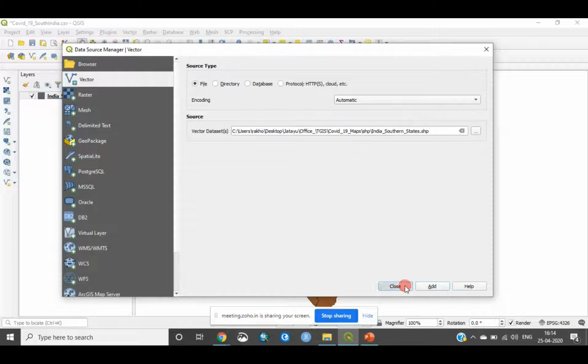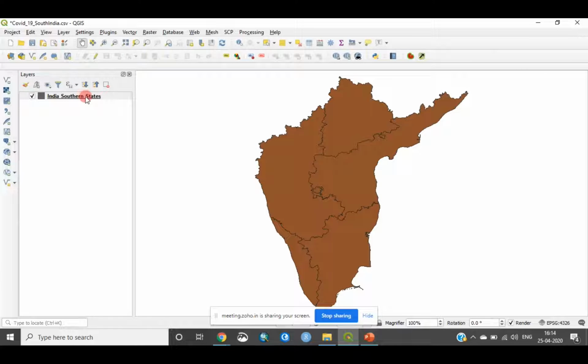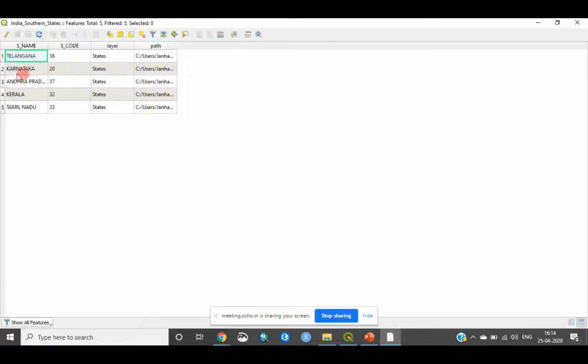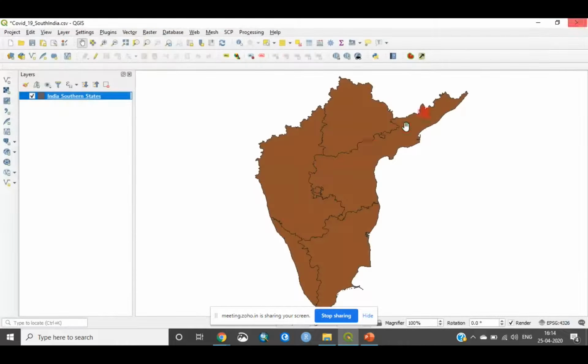So just add it, close it, and there you go. You have your polygon sorted. Now let's observe the attribute table. So here, if you see, we have a list of names of the states. We have a state code, but apart from that, we don't have any other information which is very important to map the COVID-19 cases. So what we are going to do is, we will just add the actual coronavirus cases